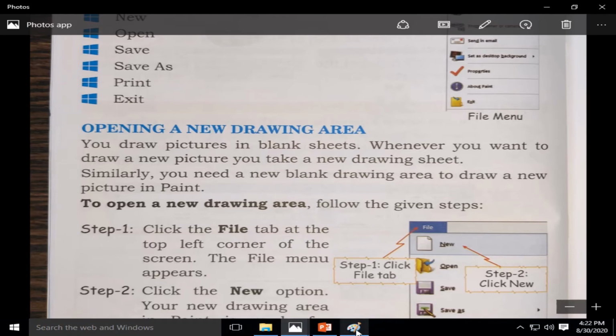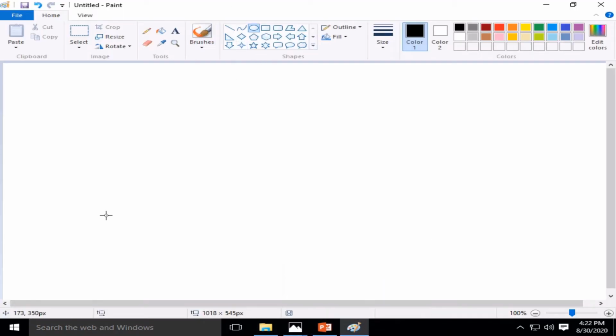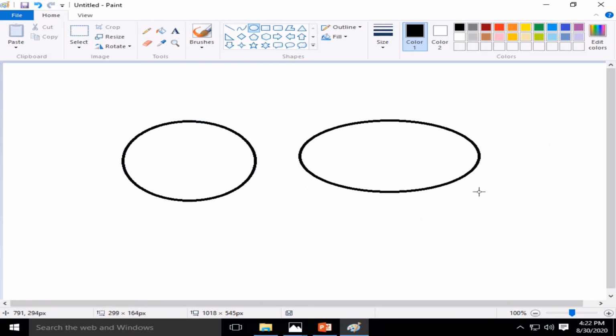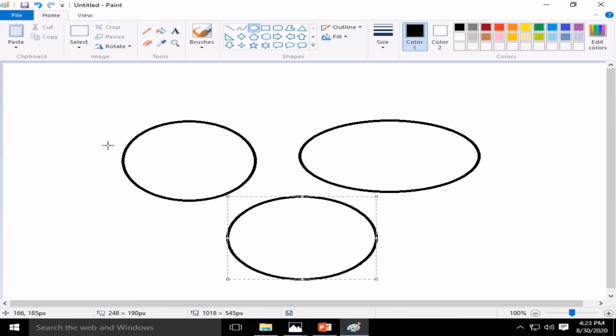Suppose I have drawn some circles here. Now I want to draw another drawing. Then how can I draw? I cannot draw another drawing on this page. I want a new page.